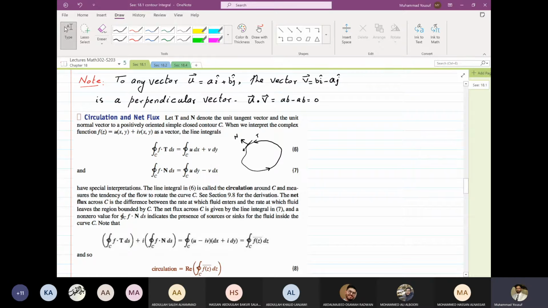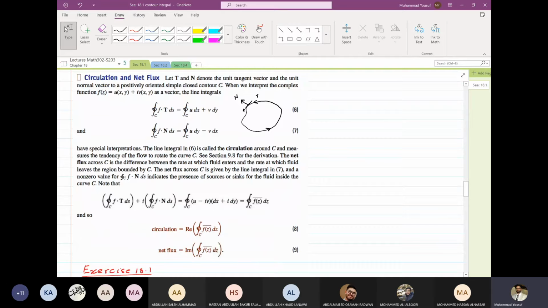This line integral, and then f dot n ds is u dy minus v dx. They have special meaning. What? The first integral, which is the real part of the integral of f of z dz, that is u dx plus v dy, is called circulation around the curve,